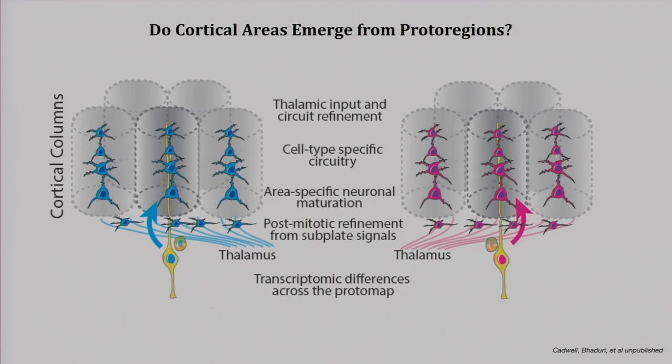And there could be many different levels of differentiation at which further distinctions in molecular identities are established. There could be differences at the level of radial glia neural stem cells that are established by the emerging protomap, and there could be further refinements by the postmitotic phase of specification imposed by the emerging thalamocortical activity. But this is currently a model that we're very, very interested in exploring, and how that translates into mature circuits in the adult is something that we would love to explore with some of the emerging technologies that allow us to look at that.